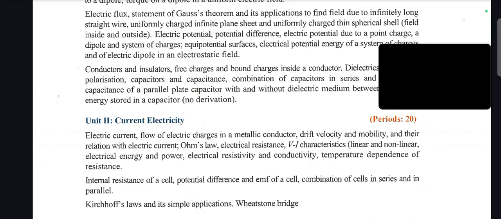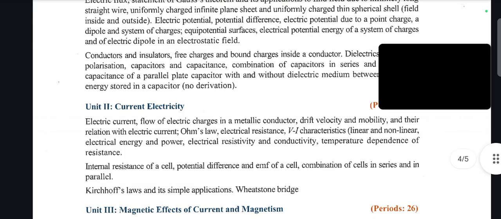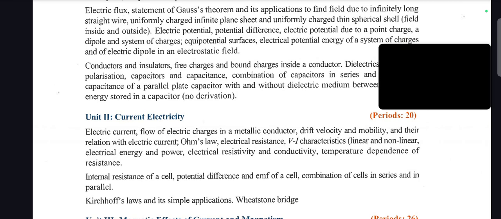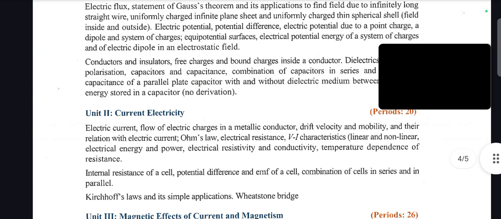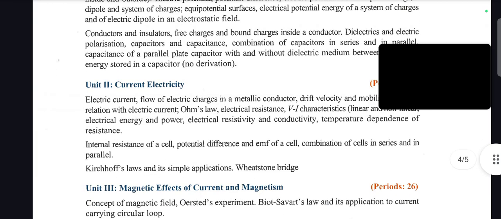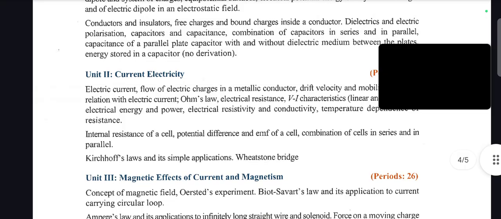spherical shell, electric potential difference, electric potential due to a point charge, a dipole and system of charges, equipotential surfaces, electrical potential energy of a system of charges and of an electric dipole in an electrostatic field, then conductor and insulator, free charges and bound charges inside a conductor, dielectrics and electric polarization, capacitors and capacitance, combination of capacitors in